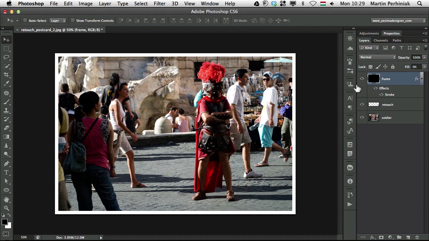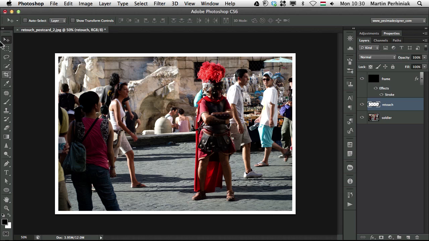Because now I won't see any content of this layer. I will only see the added effects on it. In this case, the stroke effect. So this is a very useful way of creating a layer only for its effects, and then turn down the fill to 0%. I'm going to create another effect now, and that will be a vignetting effect to add